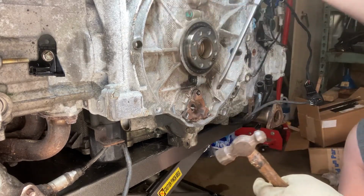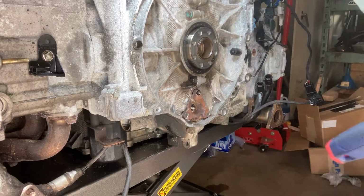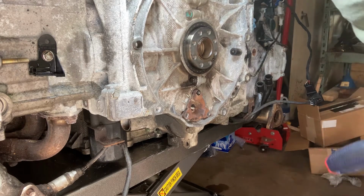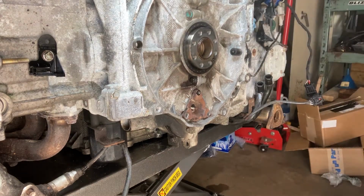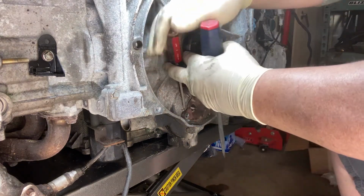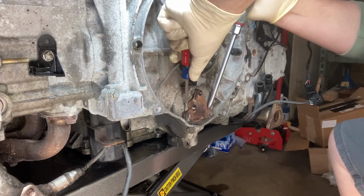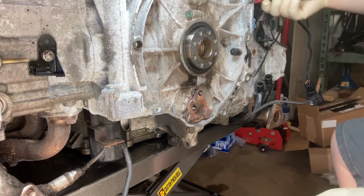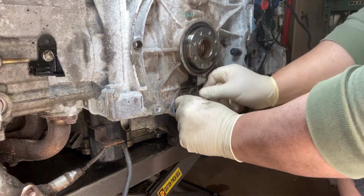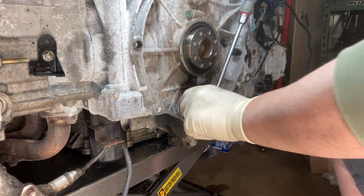That was some progress. Okay, and we just need a second pry bar or screwdriver. Get it out of there. Okay. That was fairly straightforward so far. Please somebody knock on wood for me. Not a whole lot has